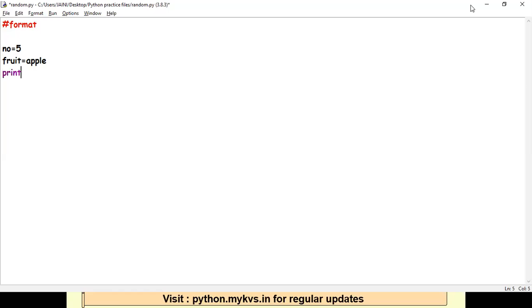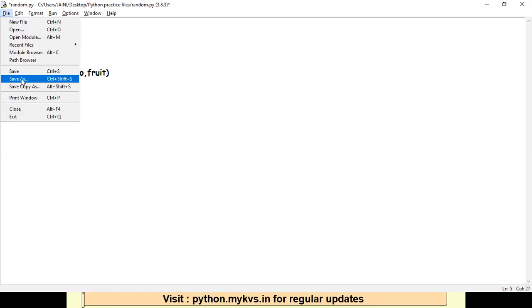And then I have to print a statement which says Radha has this many apples, something like that. So if I had to do it right now, the way we know, we would do something like Radha has, and then the variable name number, and then fruit. Or let's say I want to say Radha has eaten so many apples. So something like this would be done. Correct? Yes or no? Let's save this again.